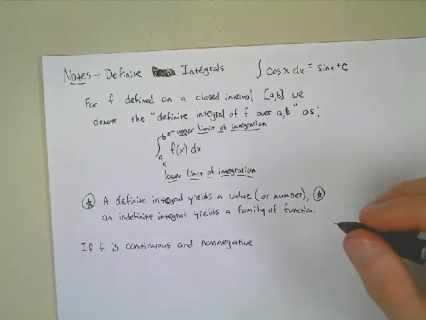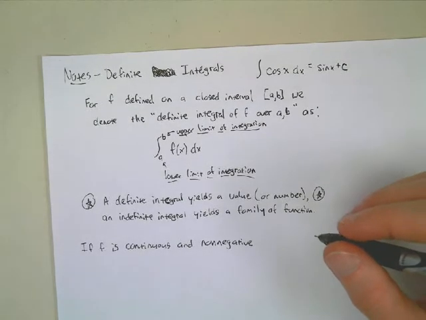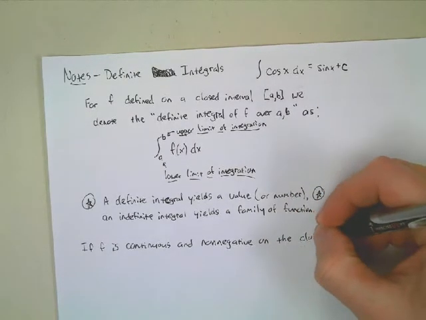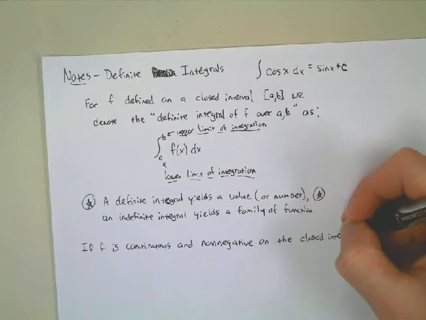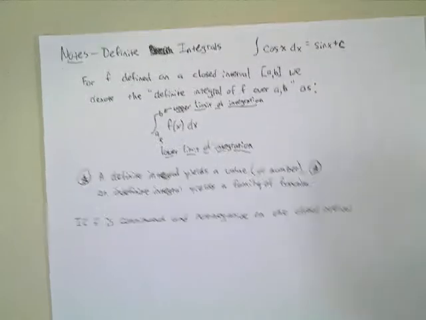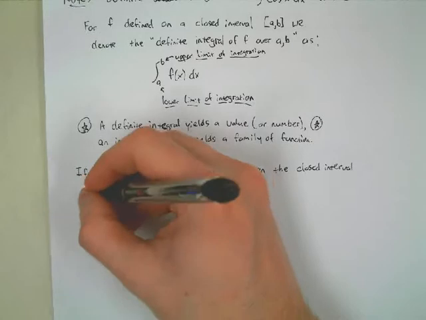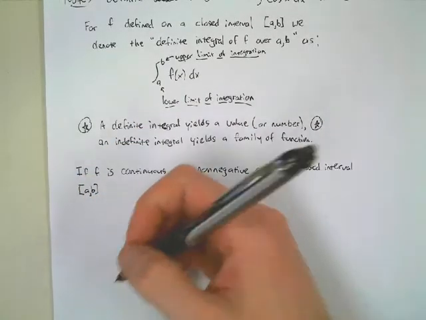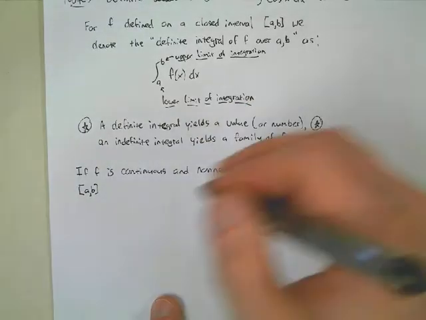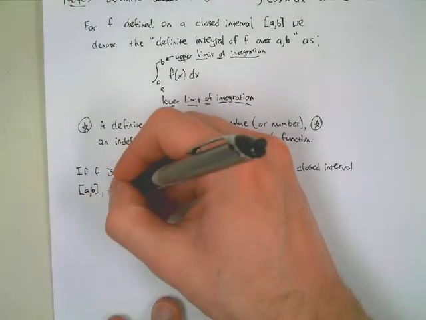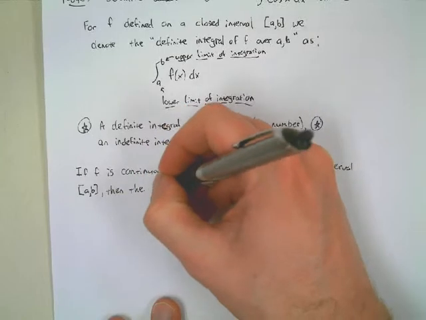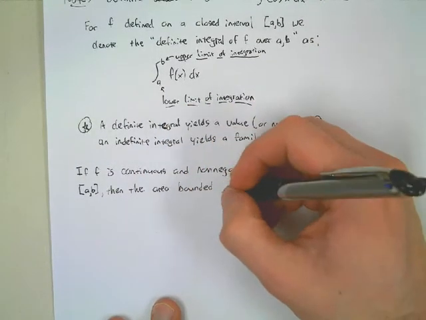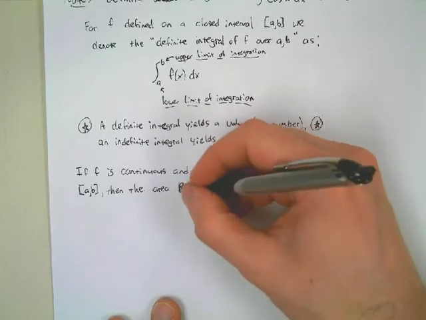F is continuous and non-negative, so it's above the x-axis, on the closed interval [a, b]. So if f is continuous and non-negative on the closed interval [a, b], then the area of the region,